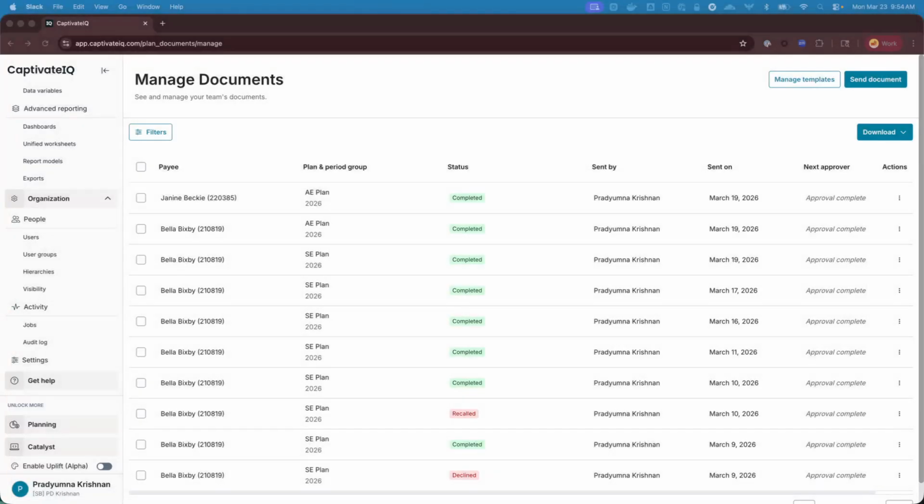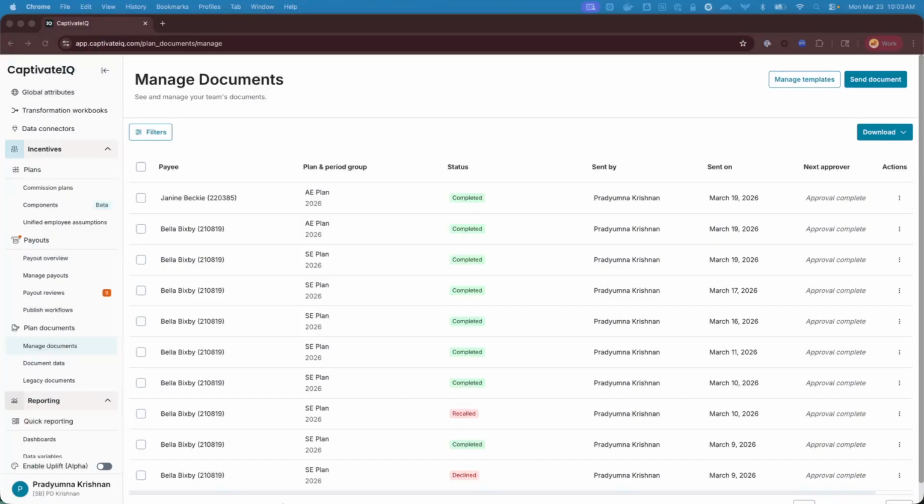Hi all, this is a quick walkthrough of our native plan documents feature. In this walkthrough, I will upload a PDF to create a template. I'll map data to this template, and I will use this template to send out plan documents using an approvals flow. The native plan documents feature can be accessed from the left-hand navigation pane underneath plan documents in the heading